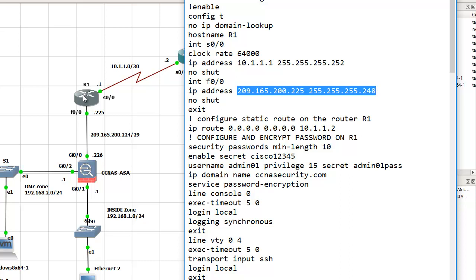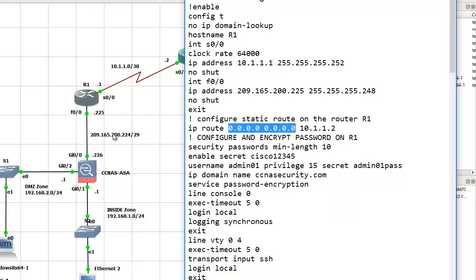Any unknown destination reaching R1 will be forwarded to the 10.1.1.2 next hop address. Okay, and then we are going to